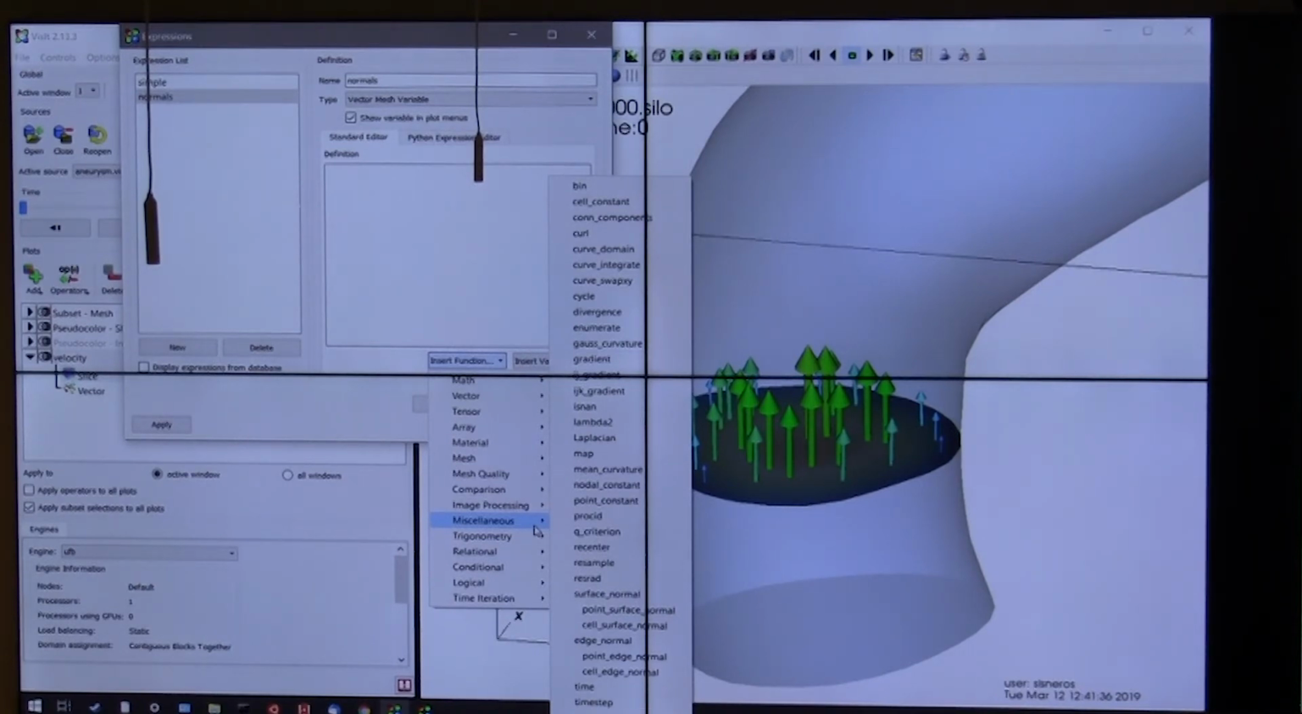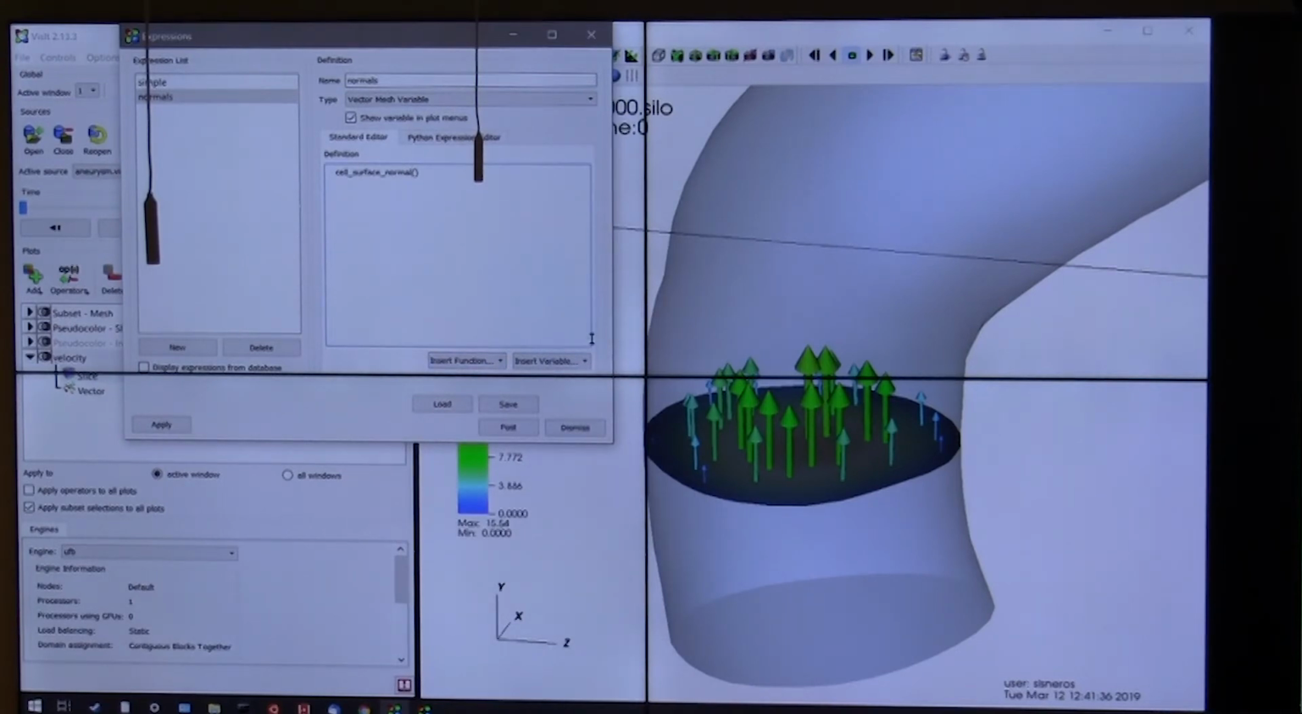Okay. So from here, we are going to insert this function under miscellaneous. Under the surface normal part, we're going to change it to cell surface normal. Okay, everybody find that? Okay,